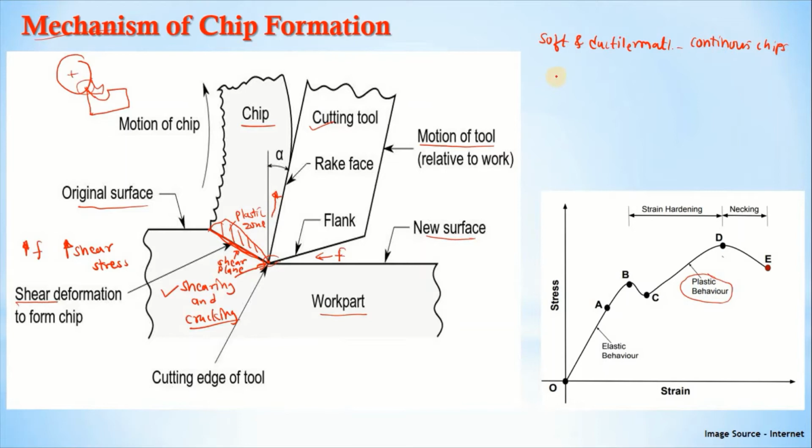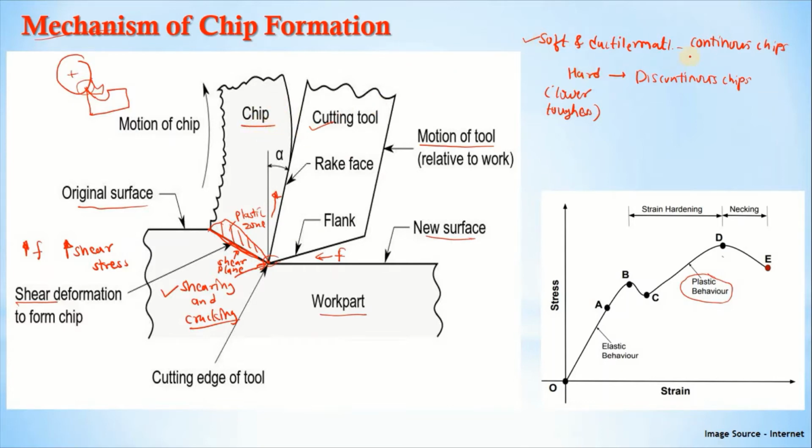We are getting this due to the higher toughness value. If we are doing the machining of a hard workpiece which has lower toughness, as we know, this hard workpiece has a lower toughness value and higher strength. Due to that, we are getting discontinuous types of chips. So in machining, by shearing and cracking, the chips are formed, and